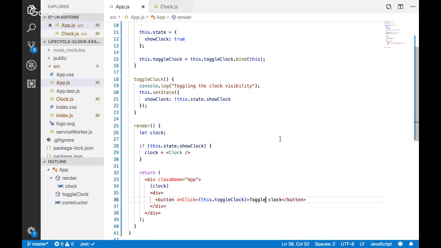Get back to this in a second. Let me read this comment. So render was okay to use in the class component, but you wouldn't put it in the hide clock function because then it's nested. You'll never call render yourself. Essentially, you're never going to invoke this.render. React is the engine that calls it. What you can do is force React to call render. So this.setState is a way of saying, all right, React, you need to call render at some point to get the new stuff. There are different ways to force it to call render, but that's one of them.